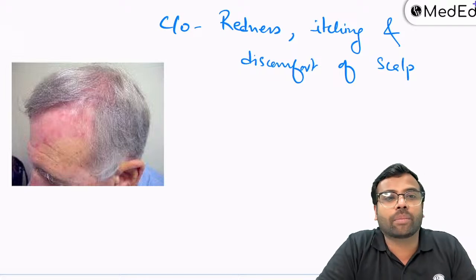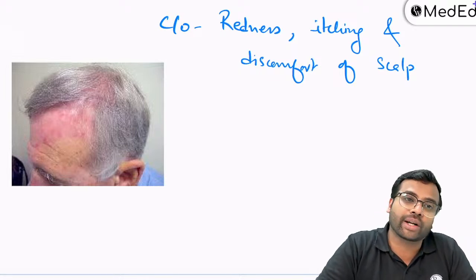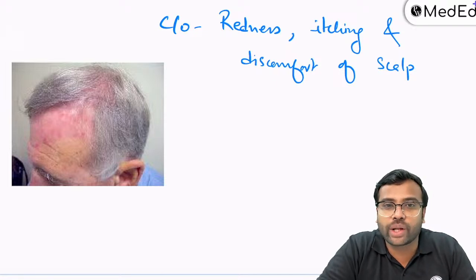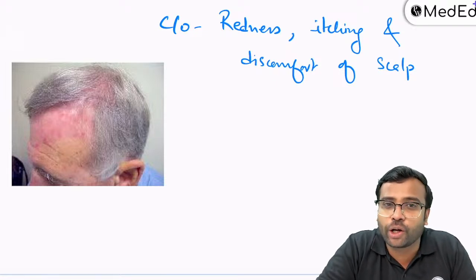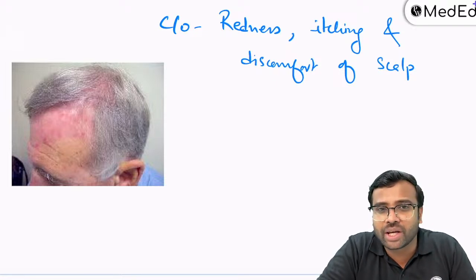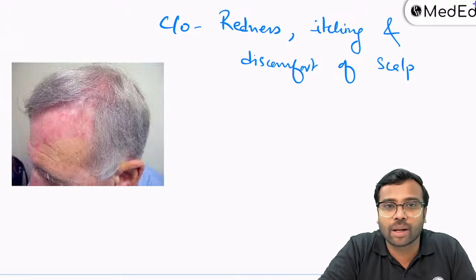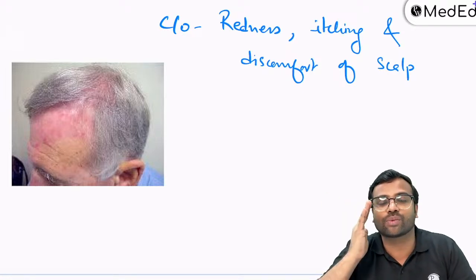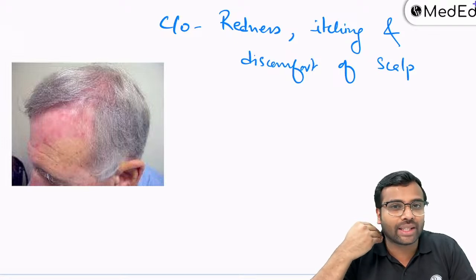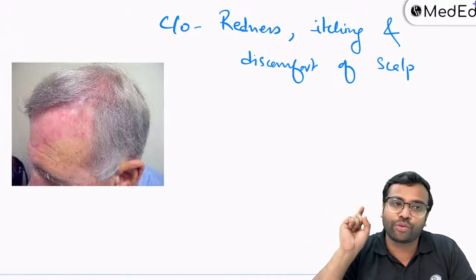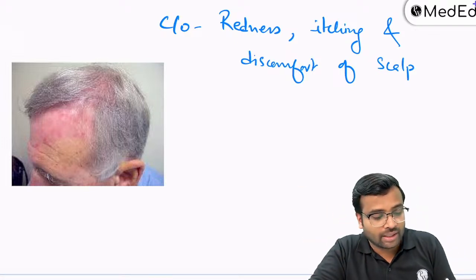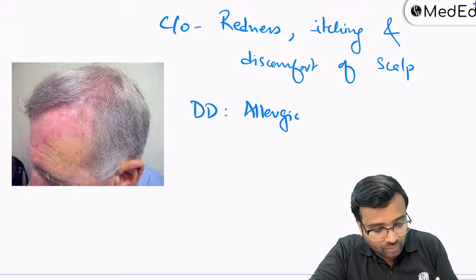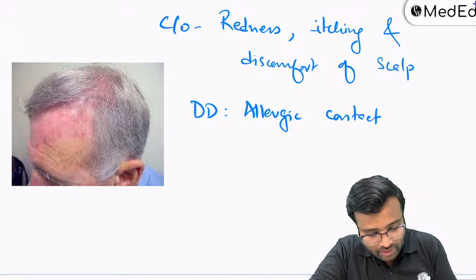Are you going to think about any infections like fungal infection? Are you going to think about any diseases like psoriasis, lichen planus, discoid lupus erythematosus, alopecia areata? Does any of these things come to your mind now? Absolutely no, right? Because all these diseases, what I've told you, everything has a different presentation. So if you see this kind of a presentation, then think about allergic contact dermatitis,